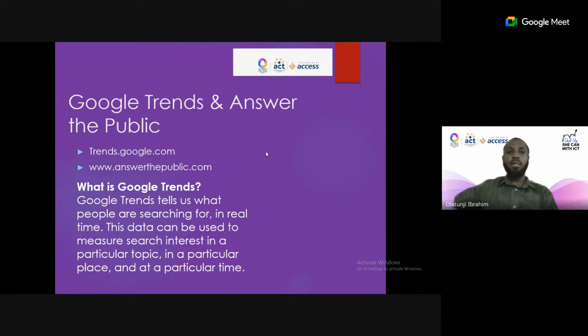Google Trends is a technology made available by Google Incorporation. Google is a technology company that has come up with so many solutions for us. And of course, Google Trends in particular tells us what people are searching for in real time. This data can be used to identify keywords and